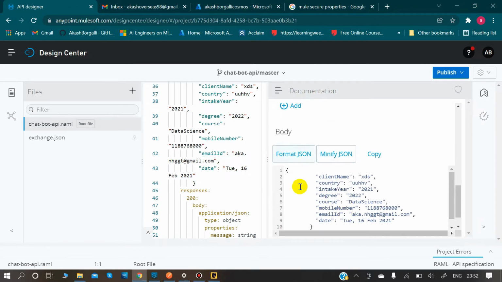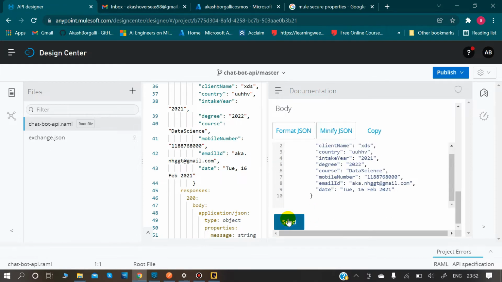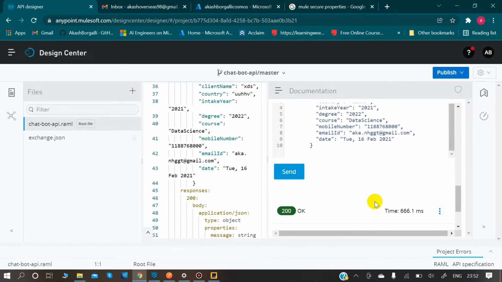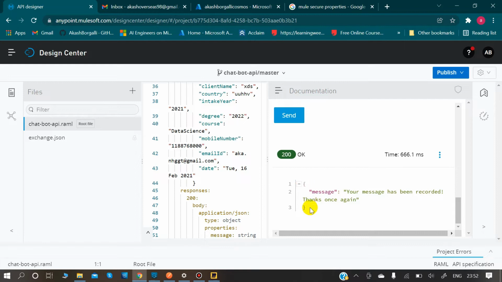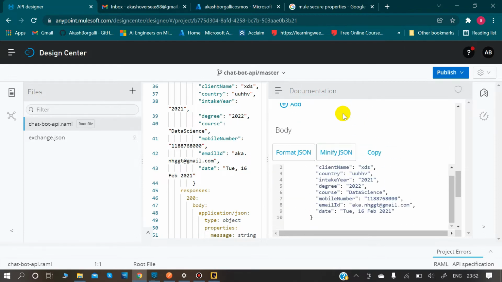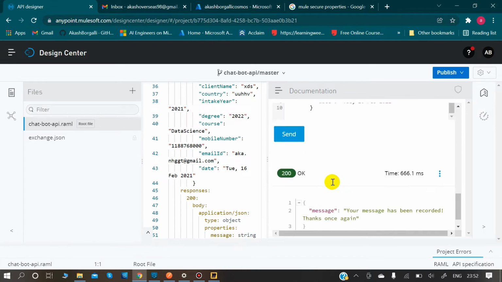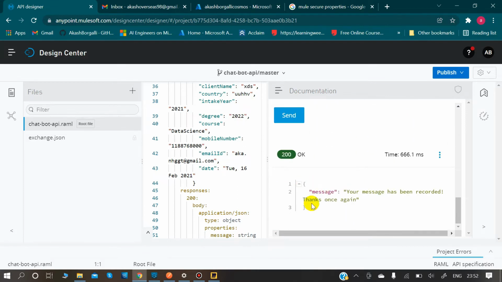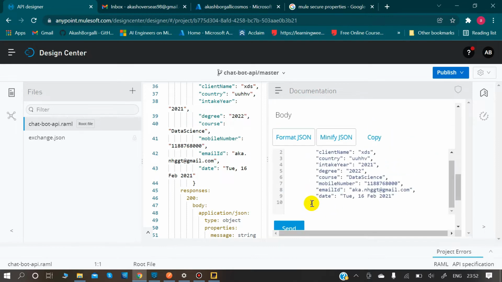This is the request that we are going to send, and after sending this we should receive some output like this. Once our client verifies that yes, this should be the format and this should be the response, then we start our actual implementation of our code.